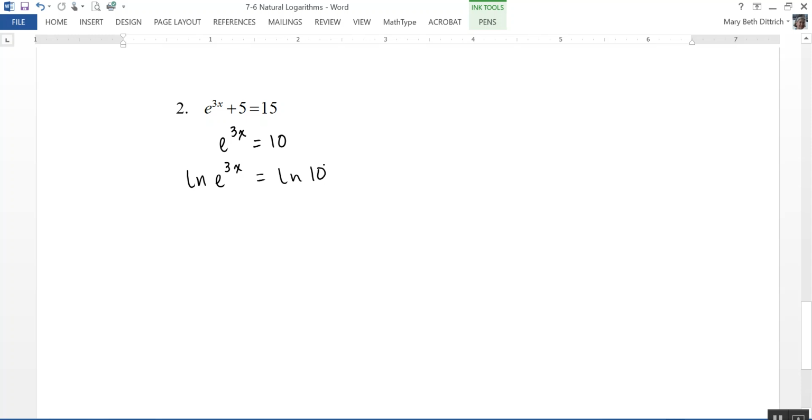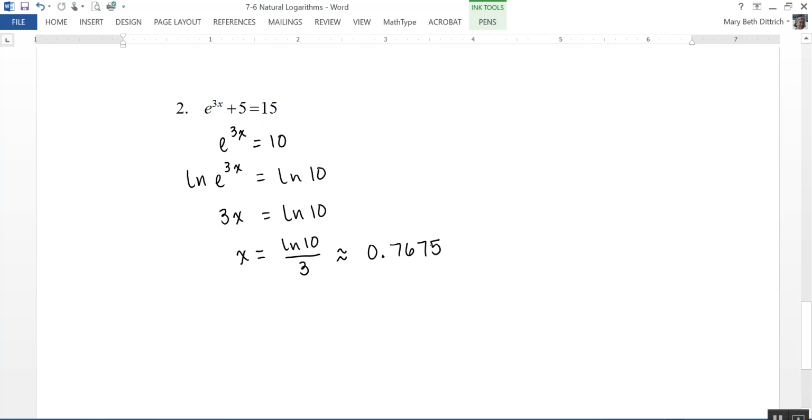And remember the property that said the natural log of e raised to any power is equal to just that power itself. So the left side of the equation becomes 3x equals the natural log of 10, and then dividing both sides by 3, I get x equals the natural log of 10 divided by 3. Now that is an exact answer, but if we plug that into our calculator, we get that that is approximately equal to